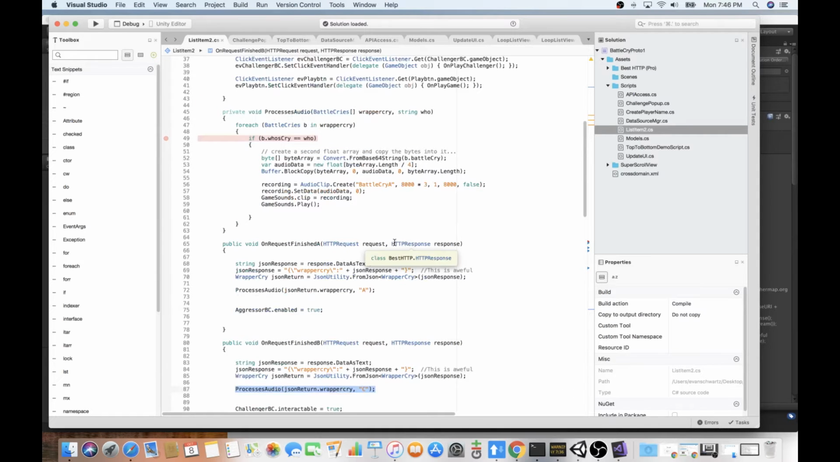This is where it gets a little bit interesting. So as we process the audio, we go around to each wrapper that we're passing in. Here's the battle cries, and then it's for who. So again, remember when I was telling you that right now I'm sending both audios, aggressor and challenger, back to Unity, which is a nice little tweak. I'll be able to get some efficiency out of that once I make that web service a little more focused. And then based on who I want to play,